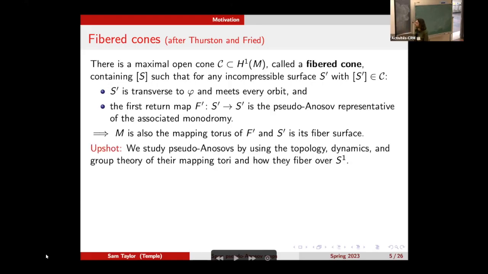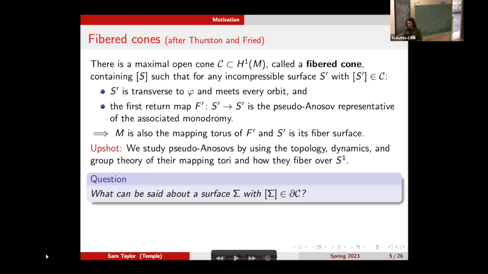Okay, so what's the upshot here? Well, this is one way of studying these pseudo-Anosov homeomorphisms, motivating the story by using all the properties of this flow, and understanding the different ways the mapping tori fiber over the circle. So that's one story. From this perspective, any cross section to the flow, any surface that lies in the interior of this cone,